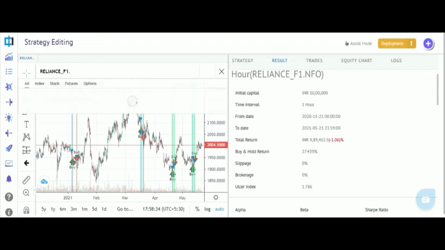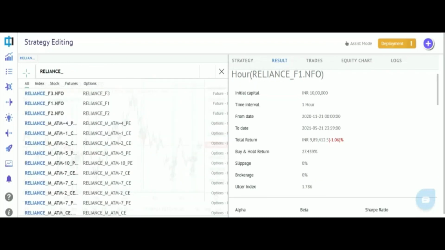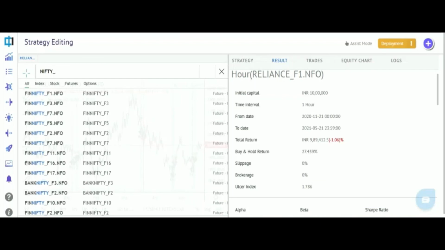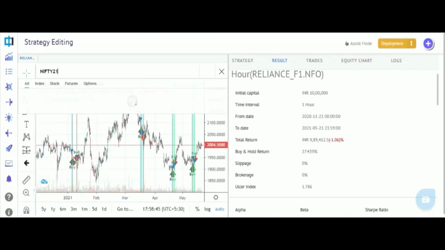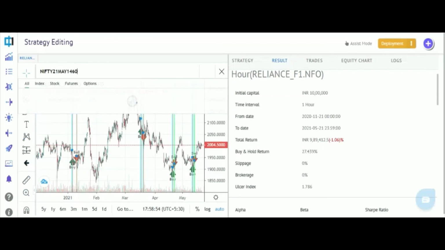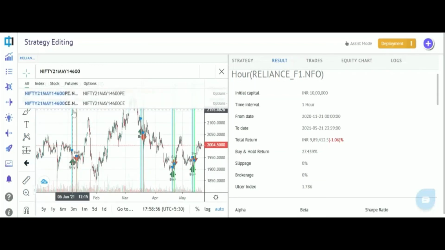If you have a precise future and option with a strike price, you can select that. Else, you can use the 5-1 feature, which keeps track of what is the front month future or what is the at the money or OTM call or put at any given point in time. And if you have a particular strike, you can choose that strike as well.